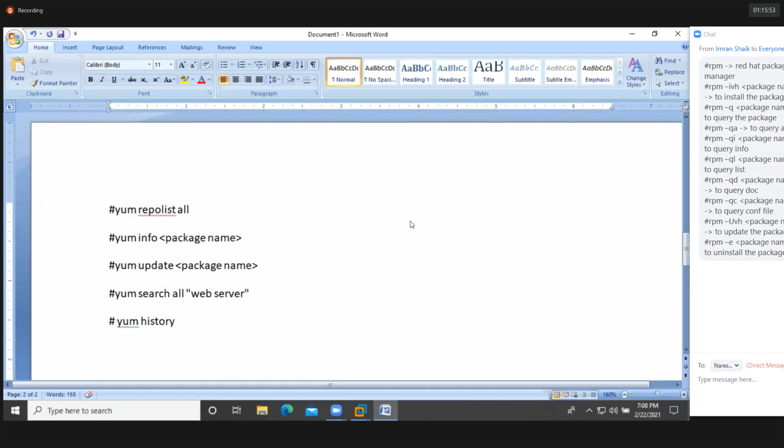The differences between yum and rpm, and then the number we need to give, the ID number. Clear? So this is the way you can install the packages into your RHEL 7.0 using the yum command. Yes, guys, any doubts? Any questions?